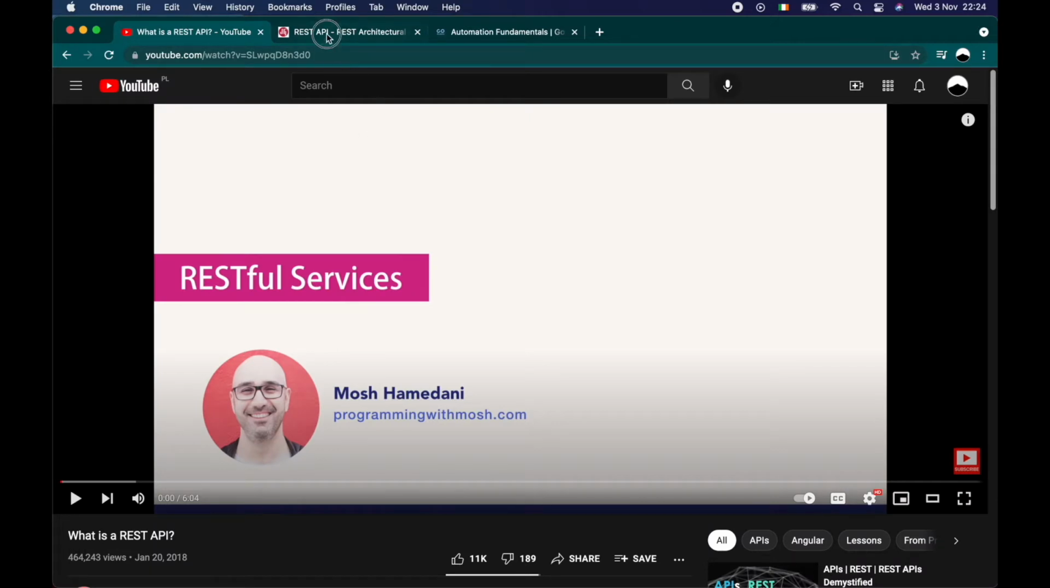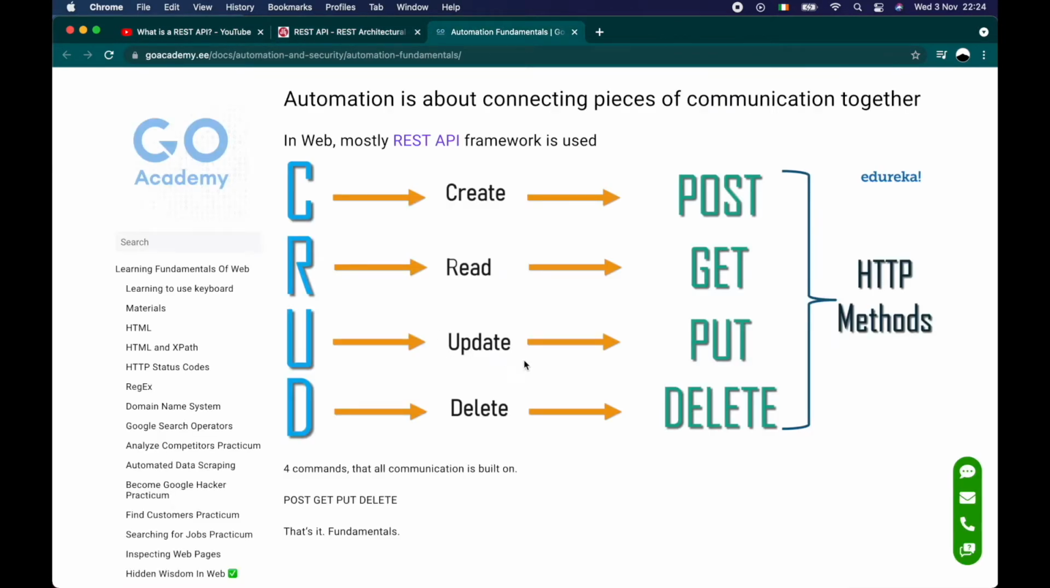So watch Mosh. And also I'm going to show you this picture. I found it on goacademy.ee. What is a CRUD? So create, read, update, delete. You will find in some